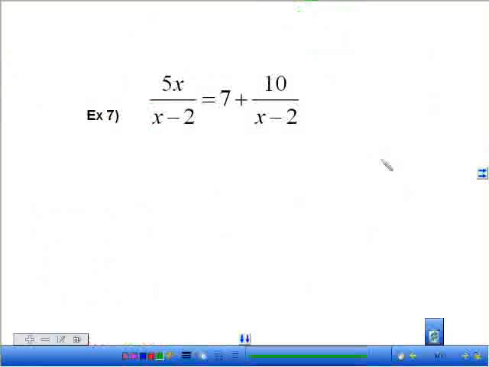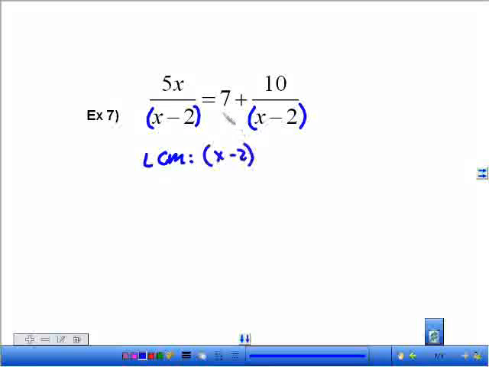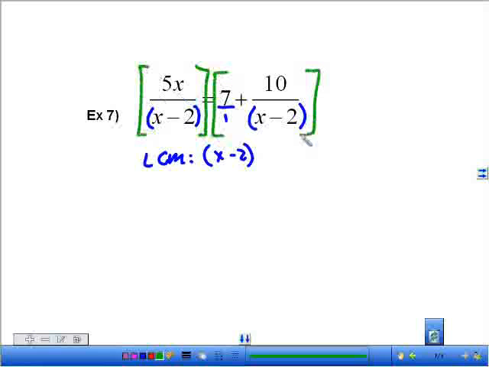Well, this one comes out just a little bit differently. We have something in it we need to check. So remember, our binomials stay together. So our LCM in this one is just x minus 2. We have an understood 1 here. So if I multiply everything by the x minus 2 in order to eliminate the denominator,